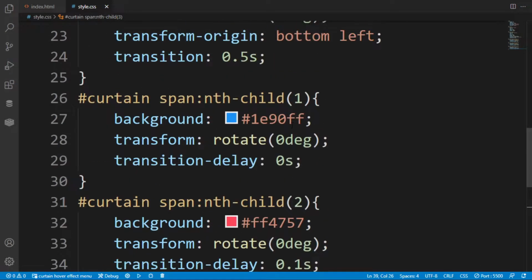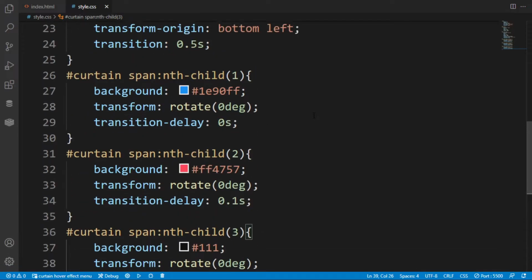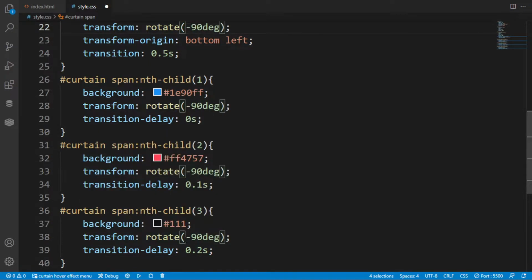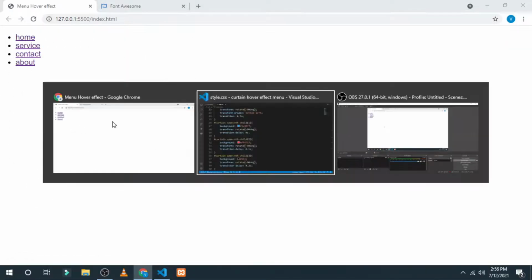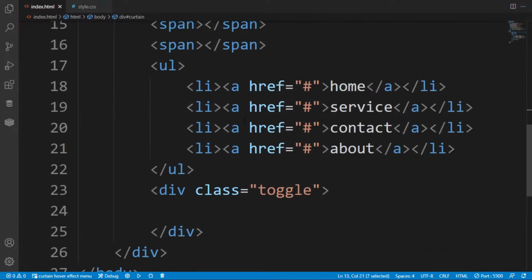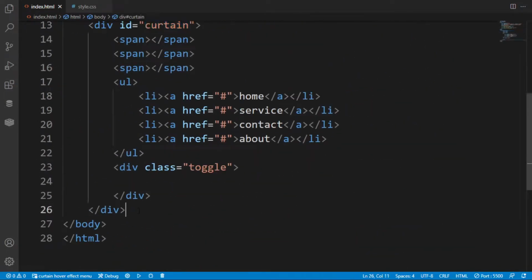Here I have written a 0.2 second delay. So let's make it small, and this is the preview. Now in this I want to rotate this into 90 degrees. So I press alt and then click where you want to change. As you can see in the preview, this is the transition we want to create in our web page.